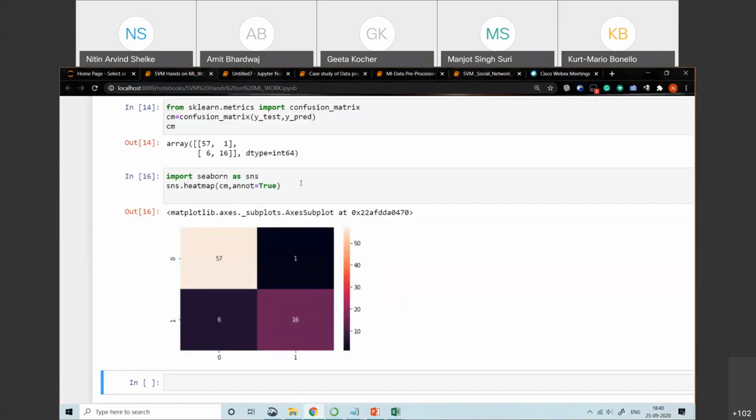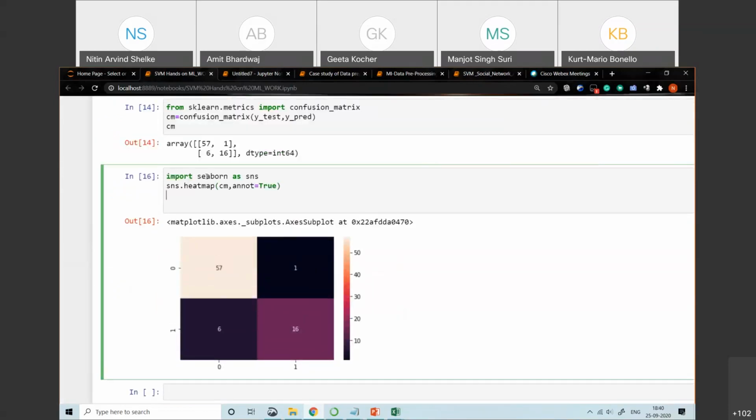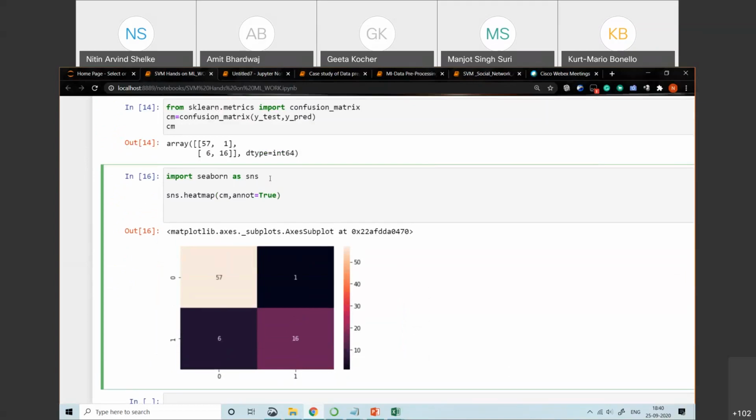You can add the X label and Y label also. For that you need to import one more library. Import matplotlib dot pyplot as PLT.